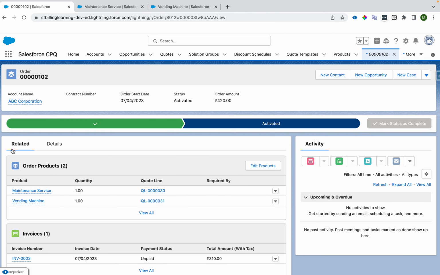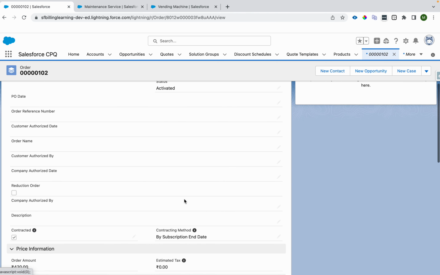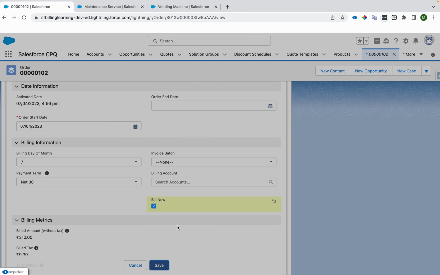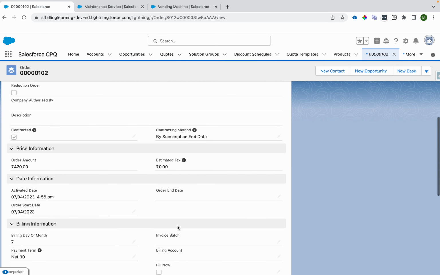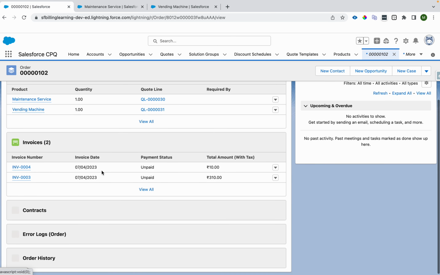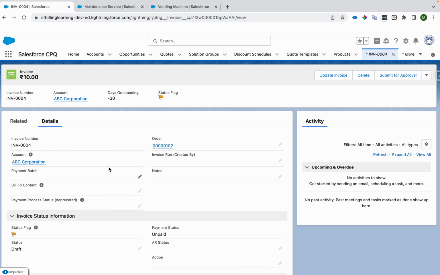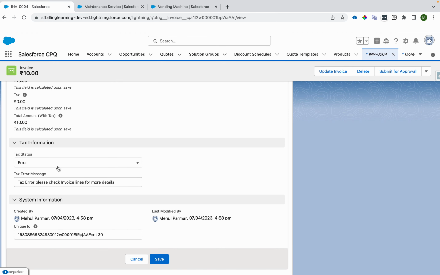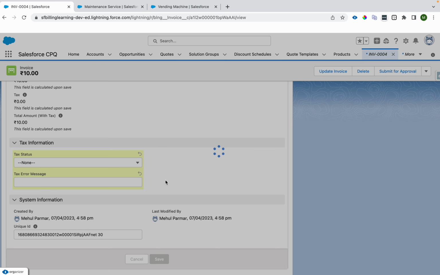I'll go over here and check this bill now checkbox again, and let's see. Now only one invoice will get created with one invoice line, because the vending machine was already priced. We have already received an invoice for that vending machine. So on the very next invoice, we are not going to get an invoice line for that particular vending machine. Again, I'll clear this over here